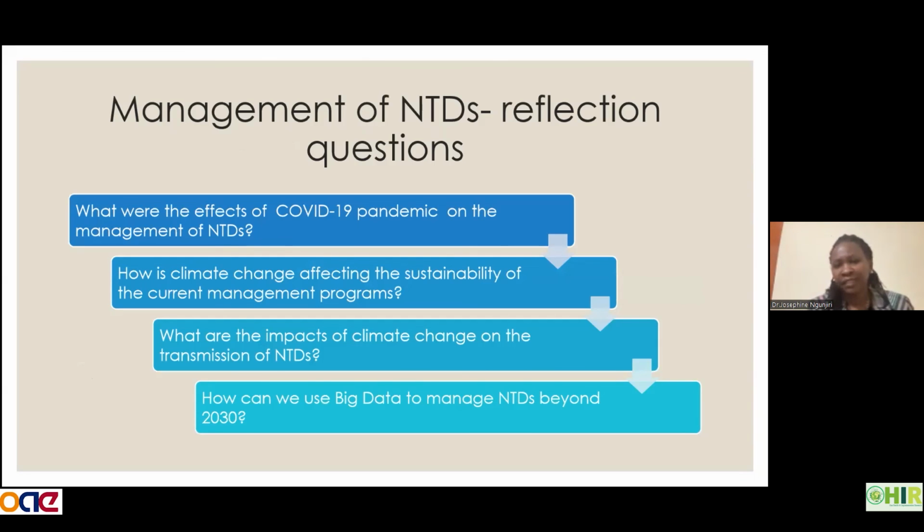So with the management of NTDs and the challenges that have been highlighted, I had reflective questions in mind. What were the effects of the COVID-19 pandemic on the management of NTDs? Did we lose all the gains that we had made? And what can we do to fast track ourselves toward this goal of eliminating NTDs by 2030? A classic example that we have here is malaria infection, which actually is an